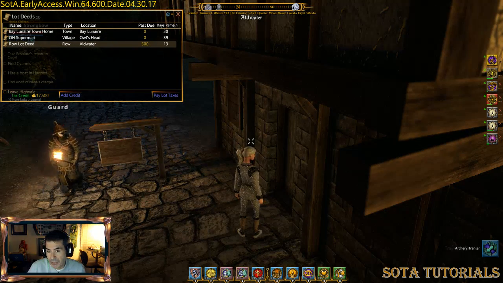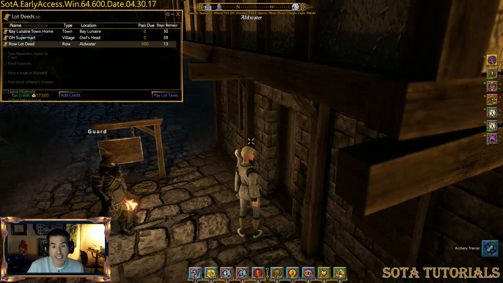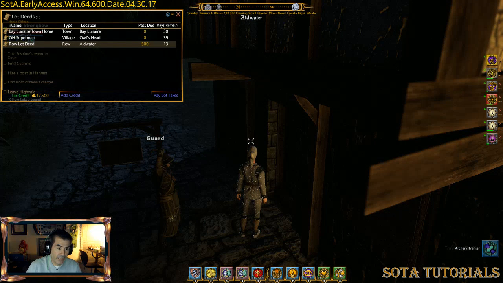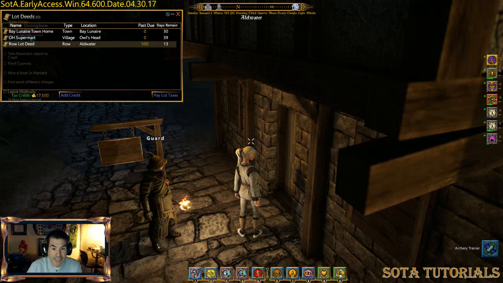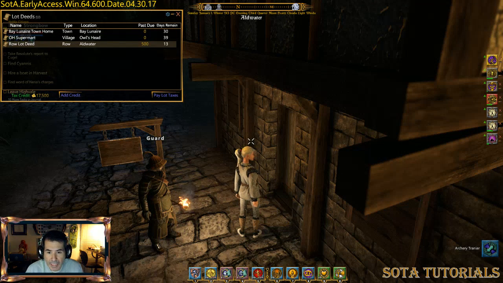Townhouses, like the one I have in Bay Lumiere, allow 700 objects outside and 8 lights. So I can put light posts and stuff. It's a big property, and that makes sense with it. City house, you can do 1,000 objects and 12 lights. Then 1,400 objects outside and 16 lights, and I think a castle is 2,000 objects